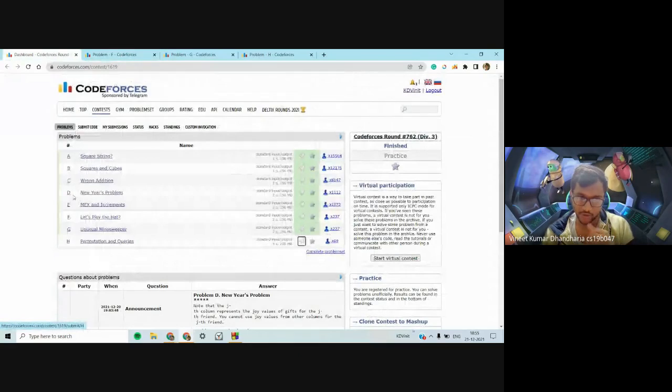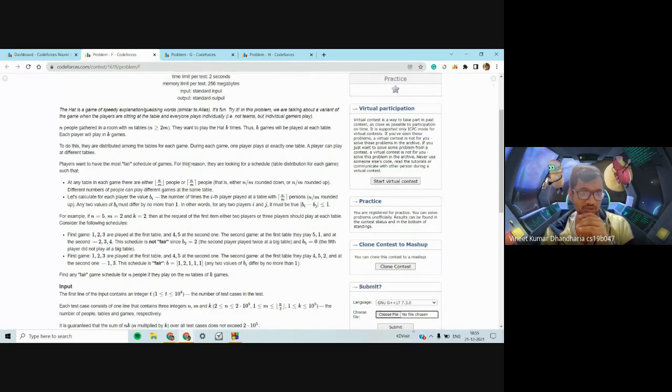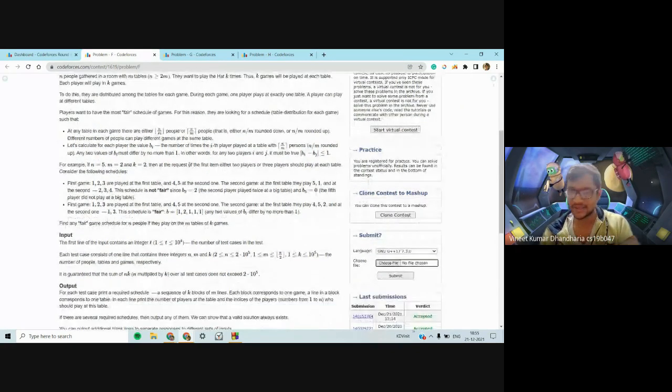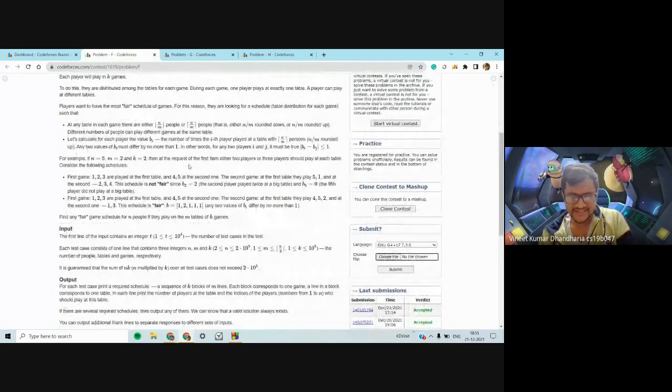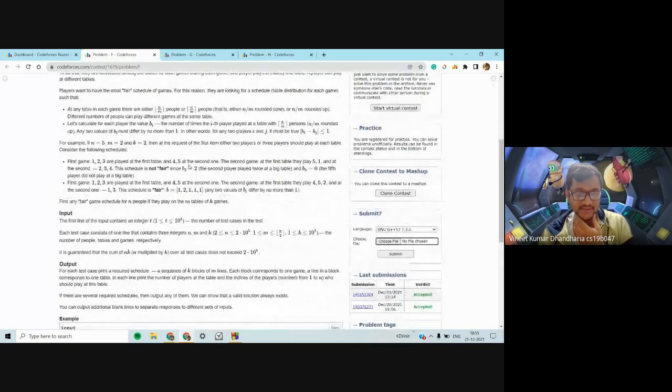To be honest, I found it to be easier than D and D. I'm not sure why it's F and why it has fewer submissions. We will just discuss the approach and tell you the implementation. Maybe you can give a thought on whether it's true or not. So I will just explain the problem for someone who has not read it.